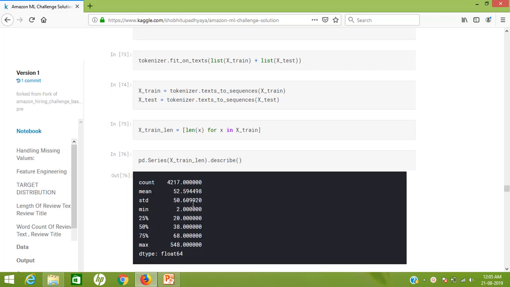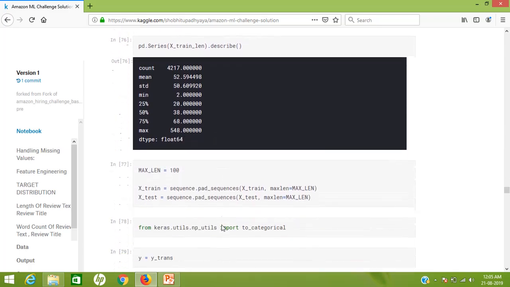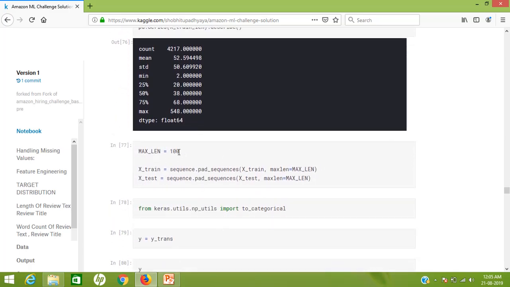We can see on an average length of the sequence is 52 and 75% of the sequence lengths fall under 68. To be on the safe side, we can fix the max length of sequence to 100 for converting all of the sequences into the same length. We are using the pad sequences to achieve this.